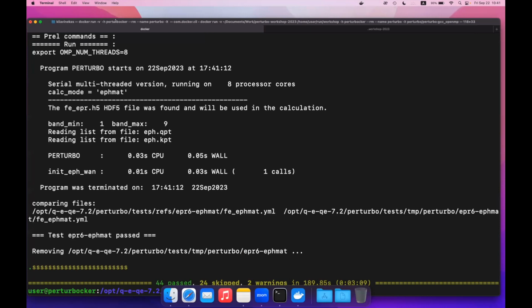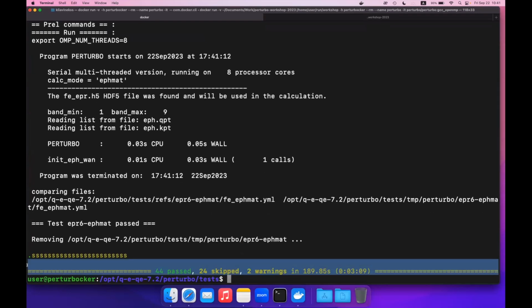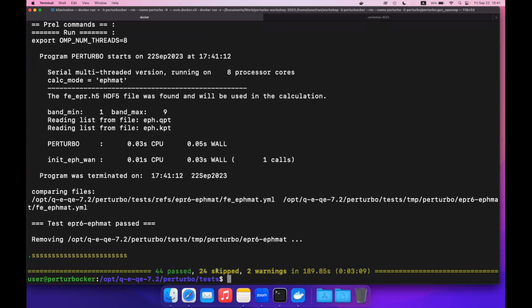And as you can see, in the ideal case, if everything is fine, you should obtain a message like that. So we have 44 tests passed, 24 skipped. It's fine because we didn't check the Qt testing. You can obtain some warnings, which is also fine, and some internal warnings of PyTest, and you obtain the time duration. So it's like 3 minutes or so. Yeah, so this was the testing of the